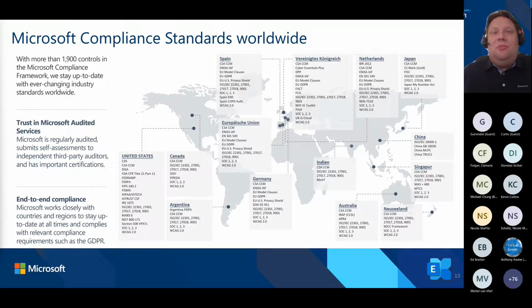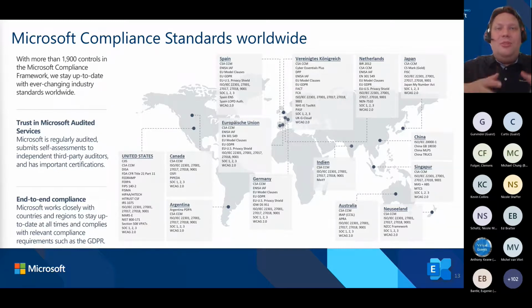We need tools to fulfill them. We don't want to hire people to automatically do this, a woman or a man sitting there and clicking all the time or looking at audit logs. So we need a tool for that, and then we have insider risk and communication compliance as a tool to fulfill some of these regulations. And to fulfill all of these regulations, we have Microsoft Purview. And yes, I have a session a little bit later about Microsoft Purview, where we talk about how to fulfill most of these regulations.